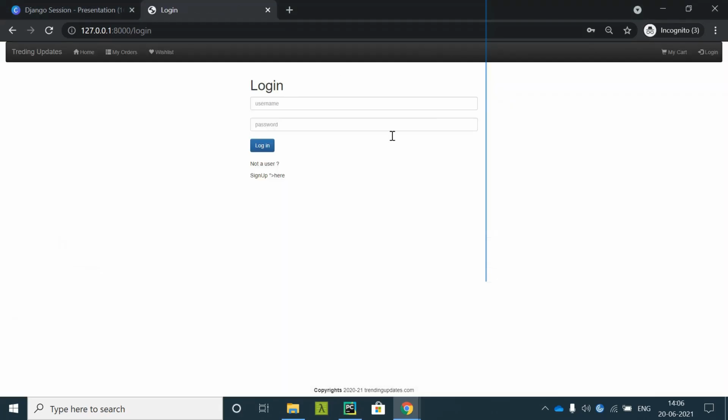Okay, you can see my login page looks like this now, which is at the center, username, password. Once you enter the username and password and click login, it should log into my system. But before login, first we need to have users created. Then only we can make use of this login page. We should register the user either from the admin part or from the sign up page that we are supposed to develop over here.